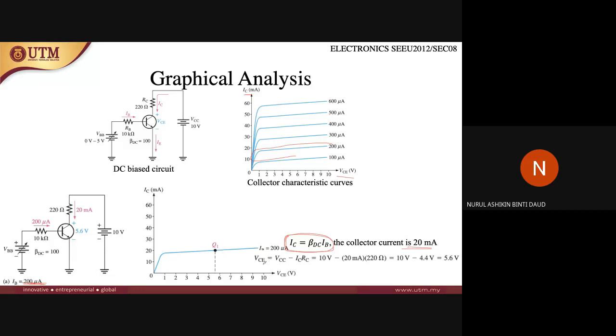Okay, Q1. So what is the value of VCE? To plot Q1, first of all, VCE equals VCC minus ICRC. So you will get the value of VCE now as 5.6 volts. At this state, you cannot use VCE equals half VCC. Why? Because now